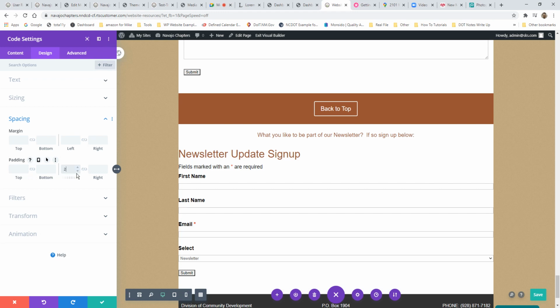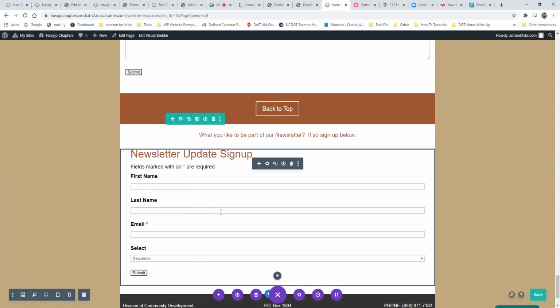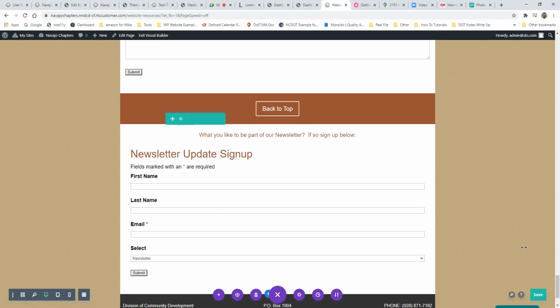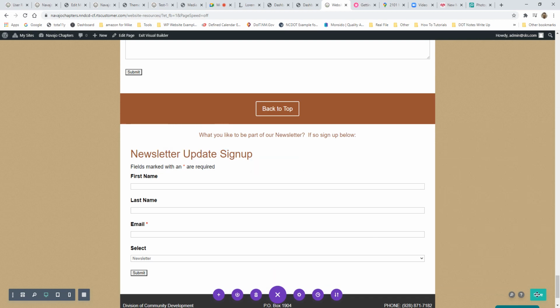where I'd probably do just so it wasn't so close up on the sides, and I can show you tutorials on how to do those in the design tab. But I would just do something like this, and then I would just hit save,